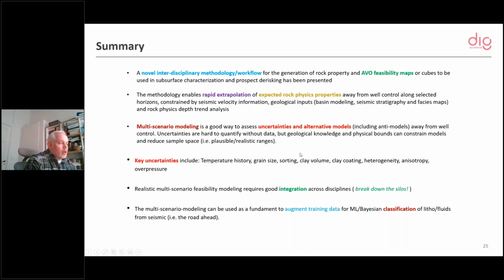And that also could allow for a more combined hybrid version of data-driven and model-driven approach. And this multi-scenario modeling is a good way to assess uncertainties and also address alternative models.